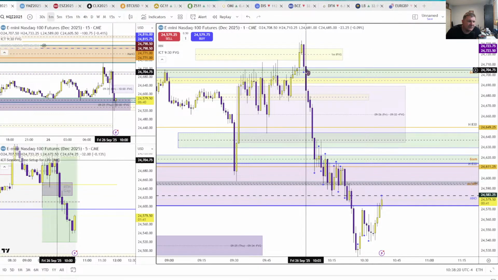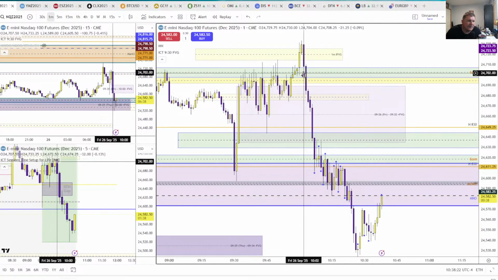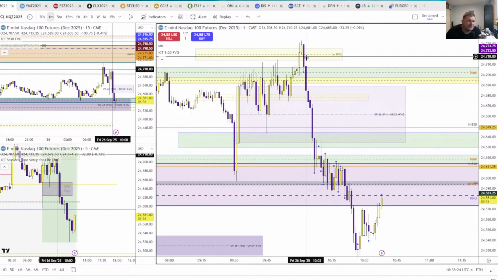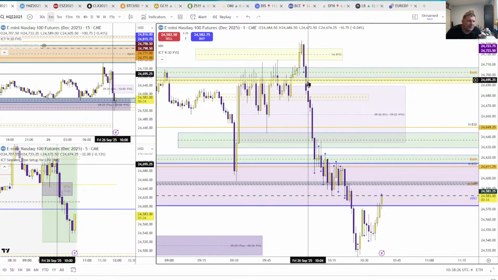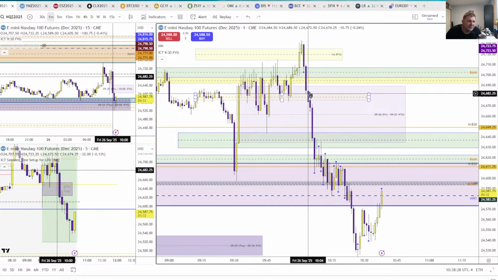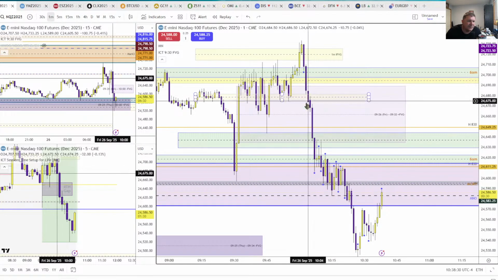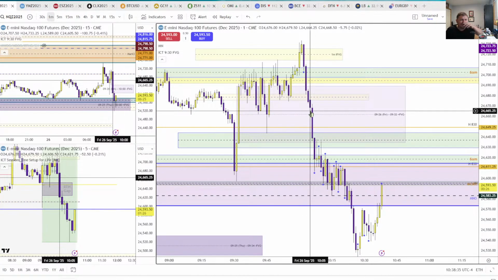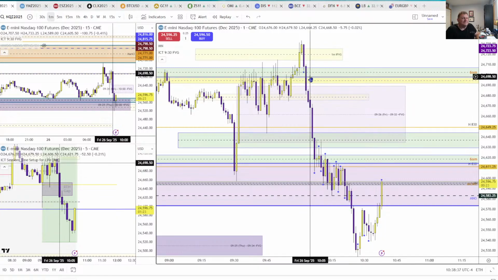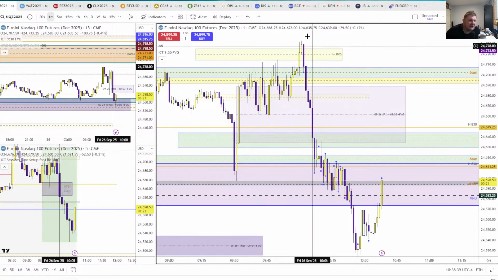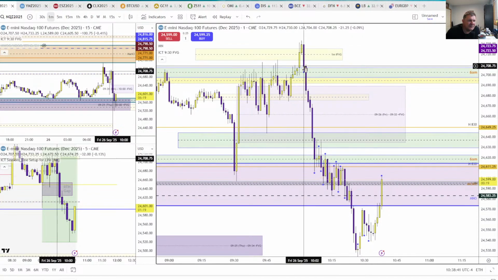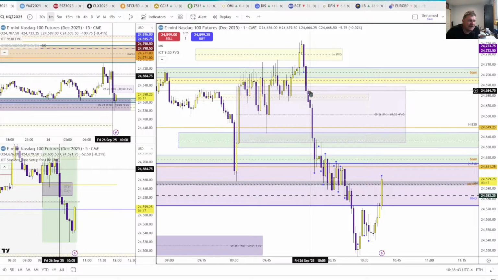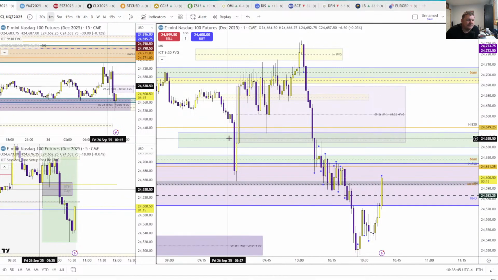Time and price, sure. It's not a silver bullet trade, though. Silver bullet would have been a retest of this, or a retest of this, or a retest of this. None of that silver bullet stuff was there. If you're just looking at that pure BISI turns into SIBI and then buy the very next candle at the open,